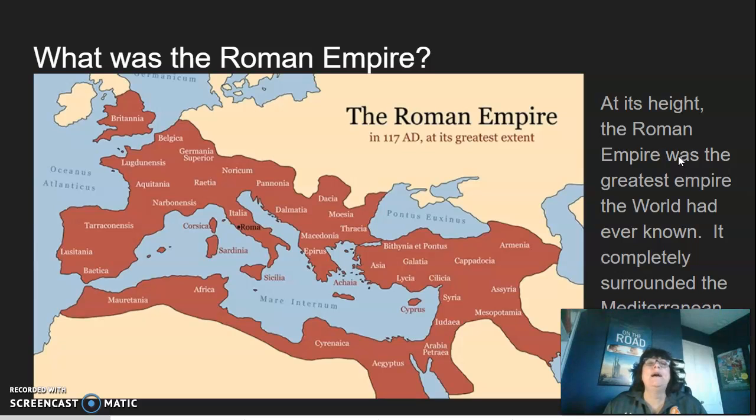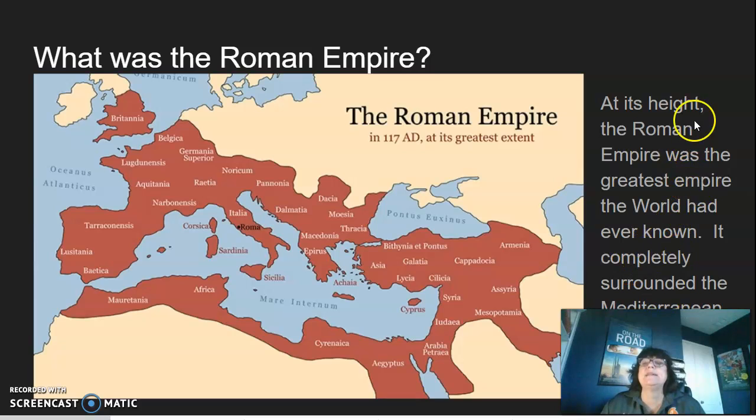All right, so this was the Roman Empire at its height. It completely surrounded the Mediterranean. It stretched into Britannia, which is today Great Britain and London. It went through Paris and Spain and all the northern coast of Africa, Egypt, and stretched into Mesopotamia, what today would still be Armenia. So you can see it goes from essentially Europe through Africa into Asia practically. So it was the greatest empire ever known at that point, and